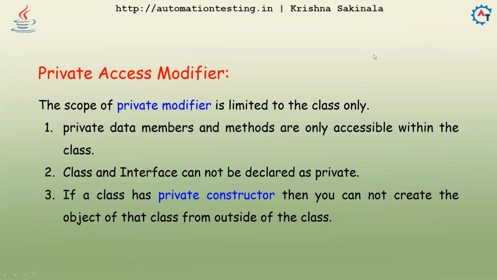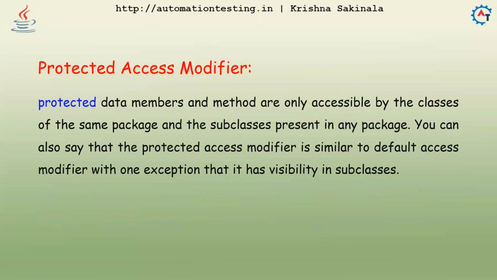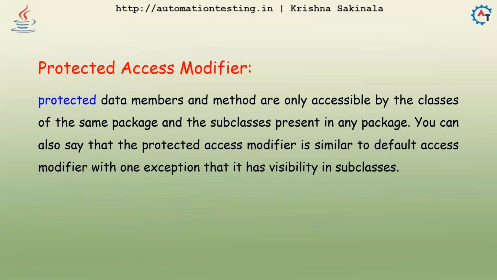So let me go to the next one. Protected access modifier. Protected data members and methods are only accessible by the classes of the same package and the subclasses present in any package. So you can also say that the protected access modifier is similar to the default access modifier with one exception, that is it has visibility in subclasses. It is very similar to the default, but the only exception is